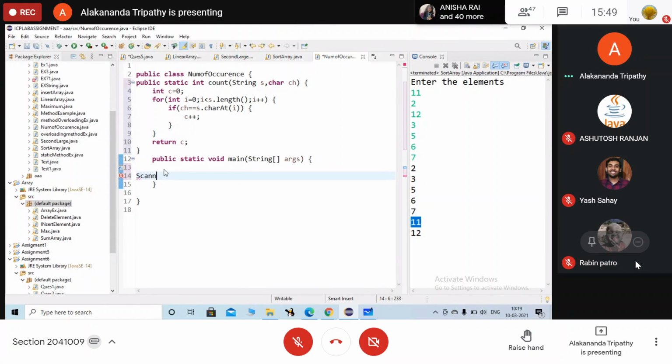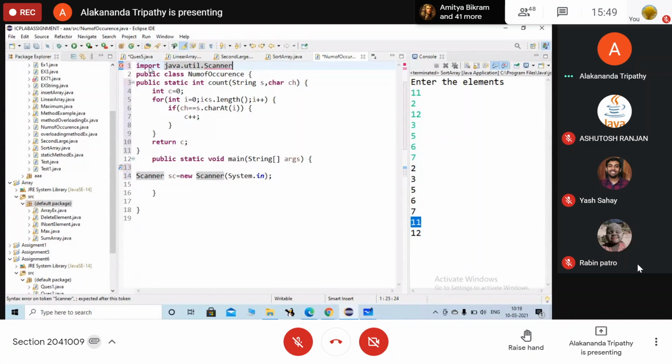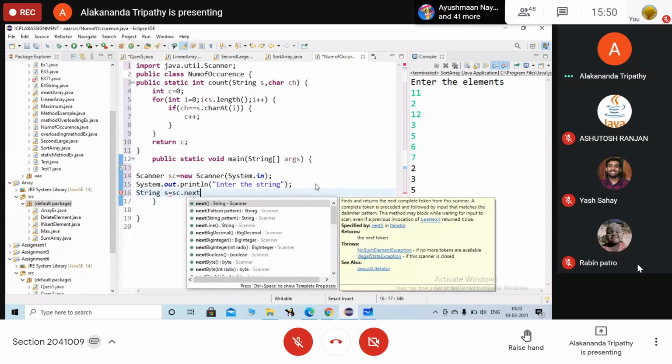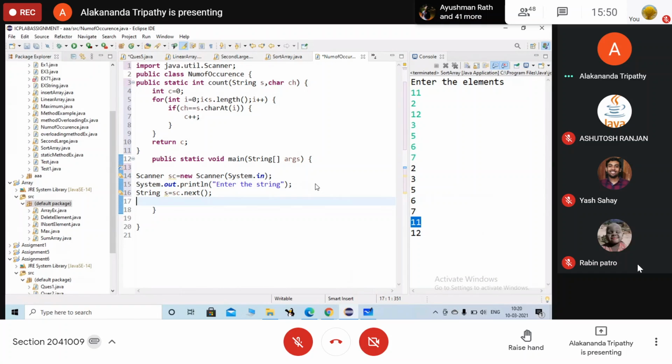And in the main function, Scanner sc equals new Scanner(System.in). Enter the string. Then